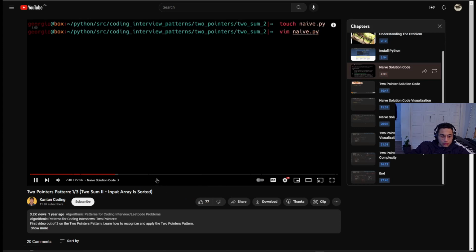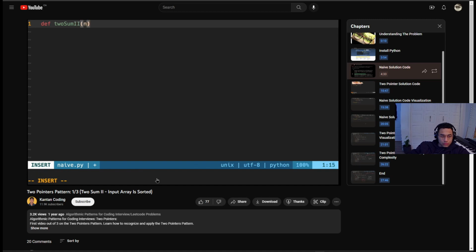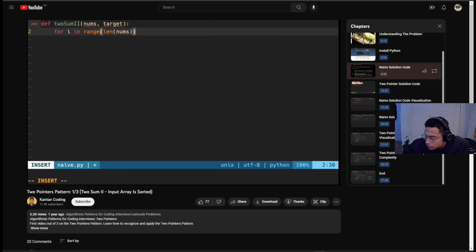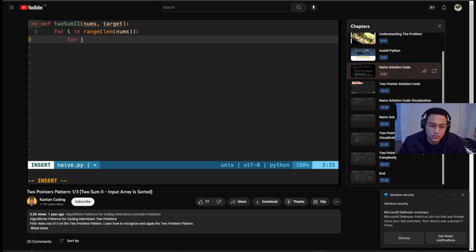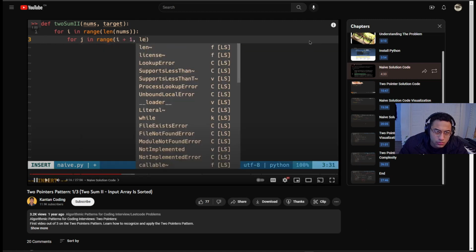Into this naive.py file, and we'll define a method called twoSum, and we'll do nums and target, and we'll just do for i in range length of nums. So we're going to iterate through our nums array, and for every iteration of our nums array, we're also going to iterate through that same array starting from whatever index that we're on. So for j in range, and this range is going to start at our current index plus 1, and it's going to end at